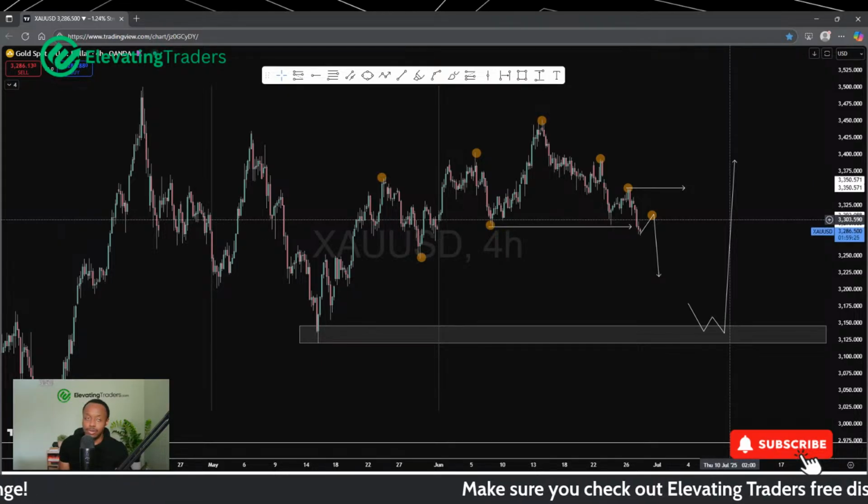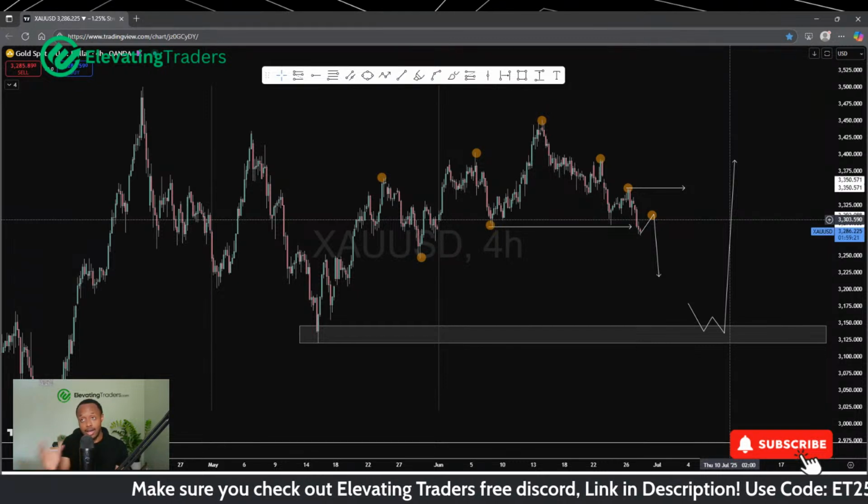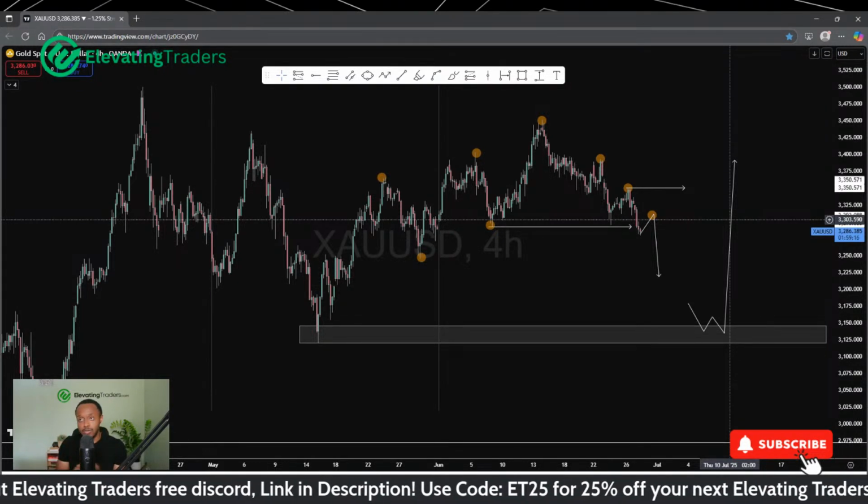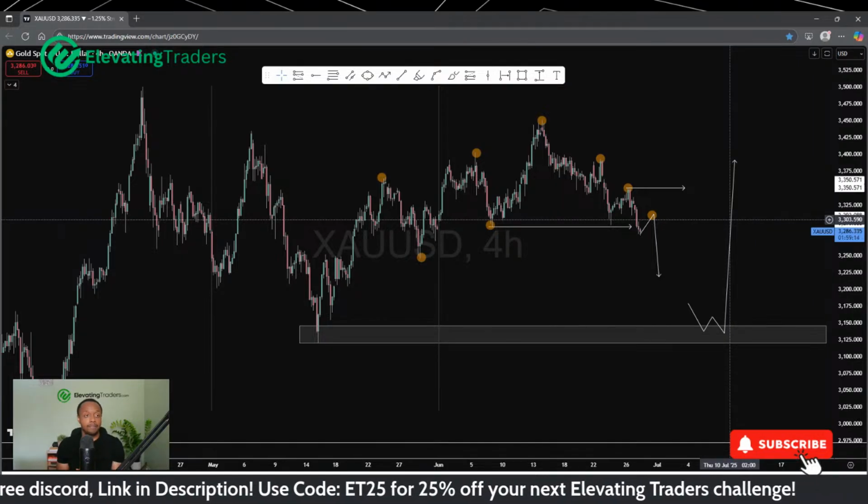Yeah, I think that would be wise, but it's not looking good for gold. I wouldn't be looking to buy it, that's for sure. That's kind of my take. Yes, we might see some upside, but I expect it to be a retracement for more downside.